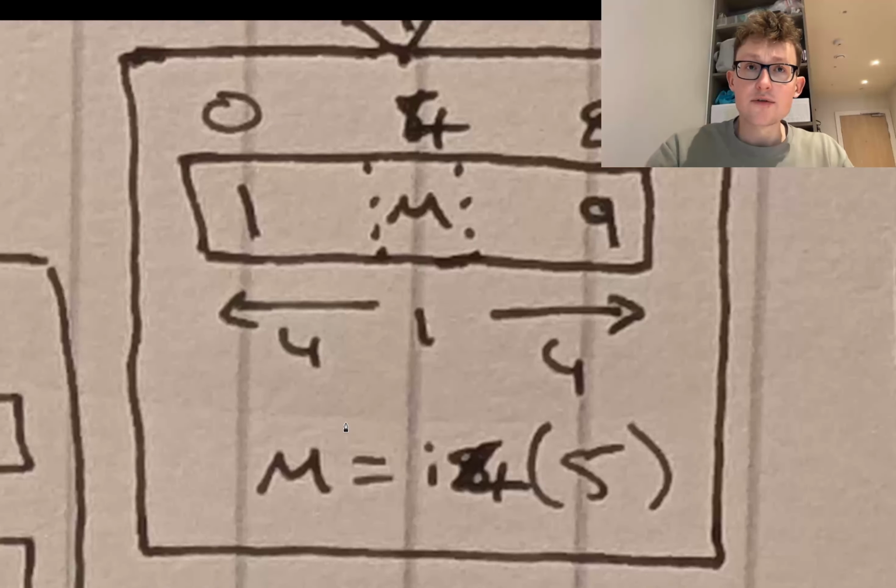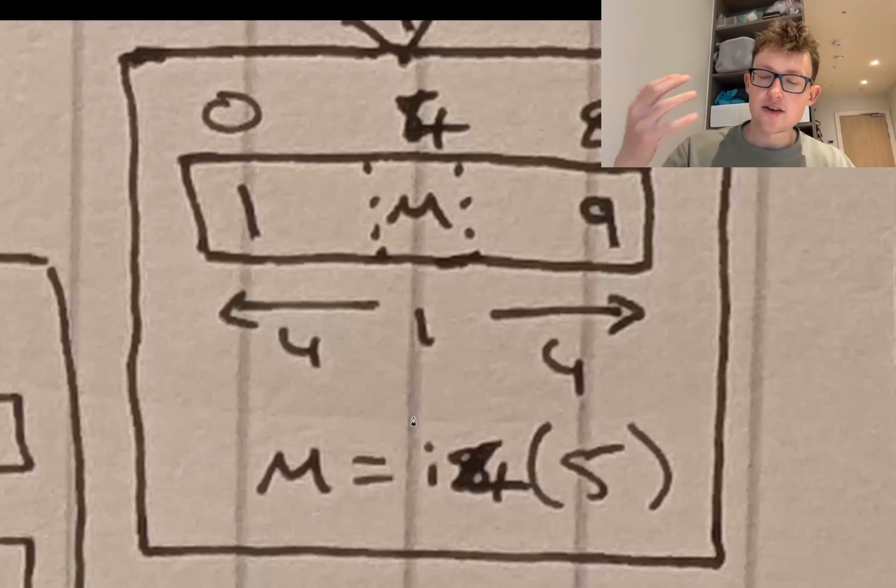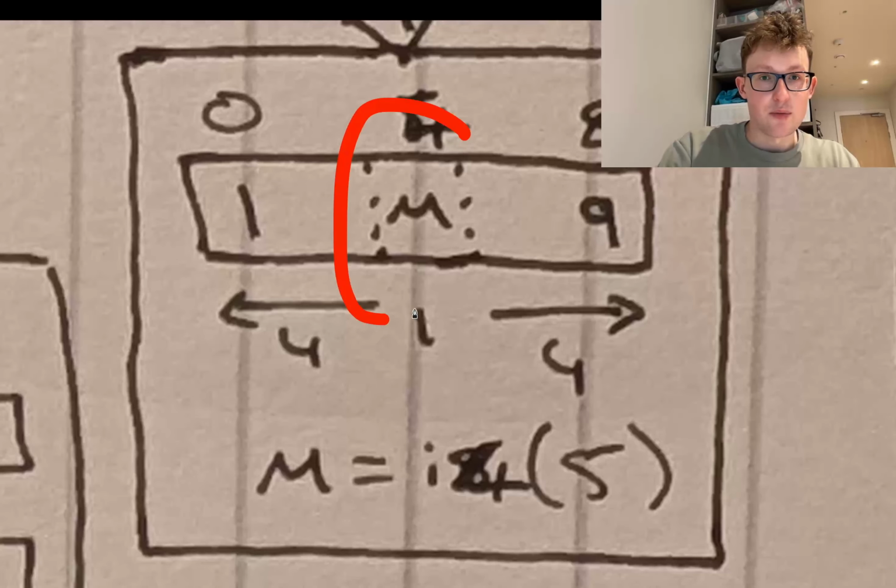You have the numbers 1 to 9. Divide that by 2, round down, and you get the number 4. 9 divided by 2 is 4.5, round down is 4. That's an index. Again, this is another thing you need to keep track of. The 4th index is going to be the middle, which will be the 5th value, like there's an off by 1 there. And whenever you do get to this middle point, you have 4 on either side of it.